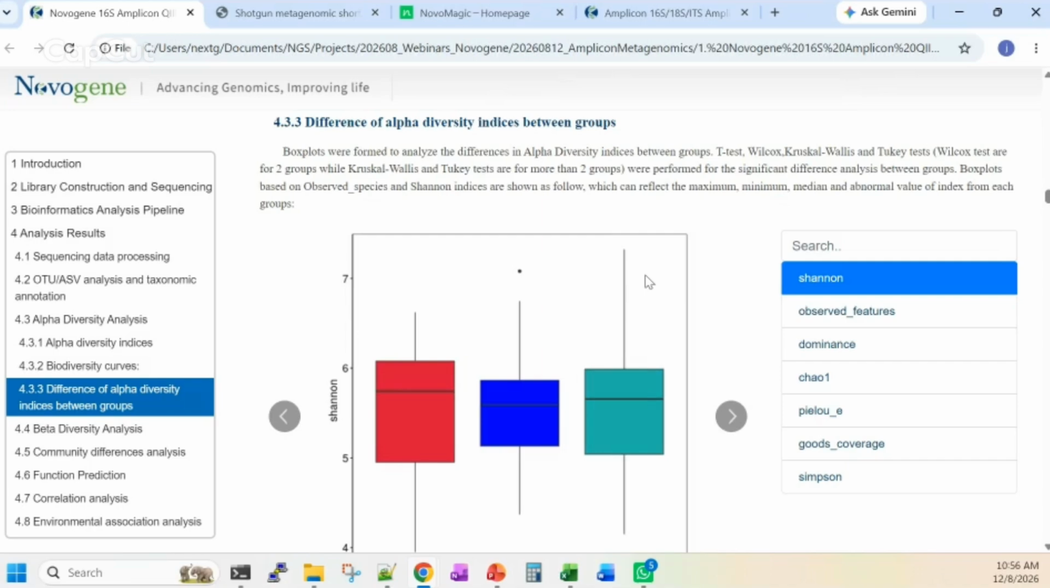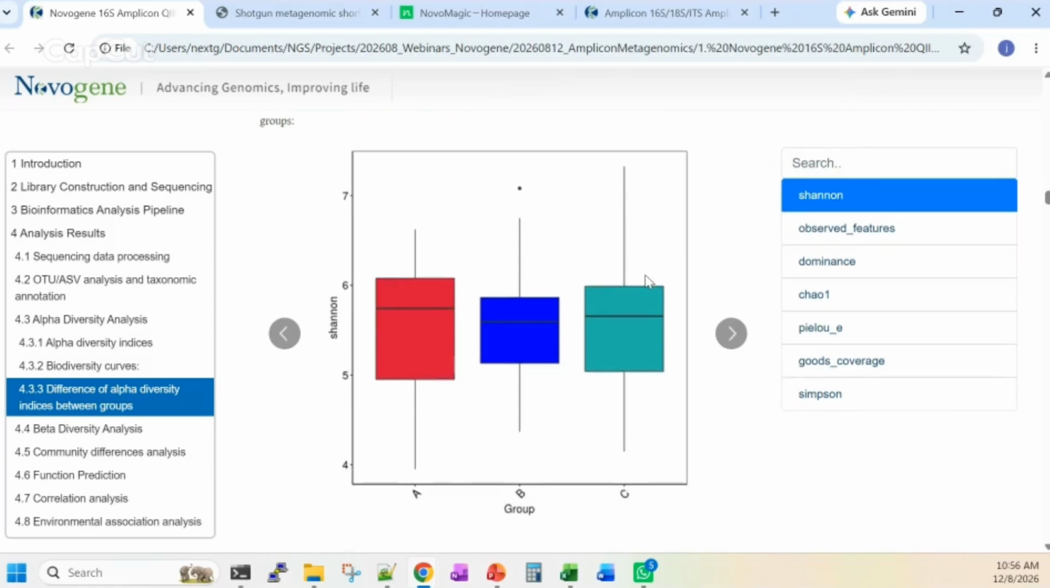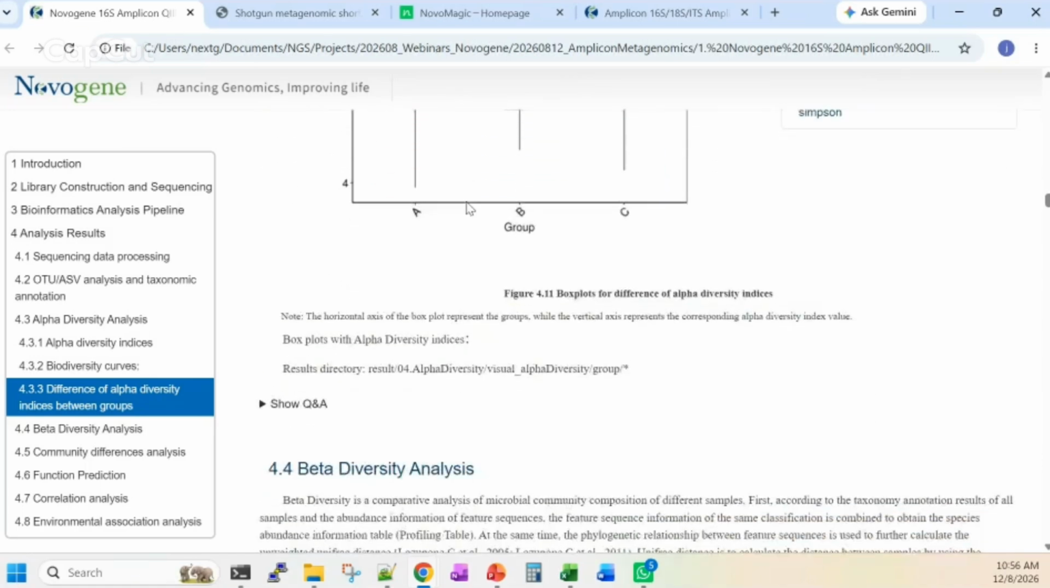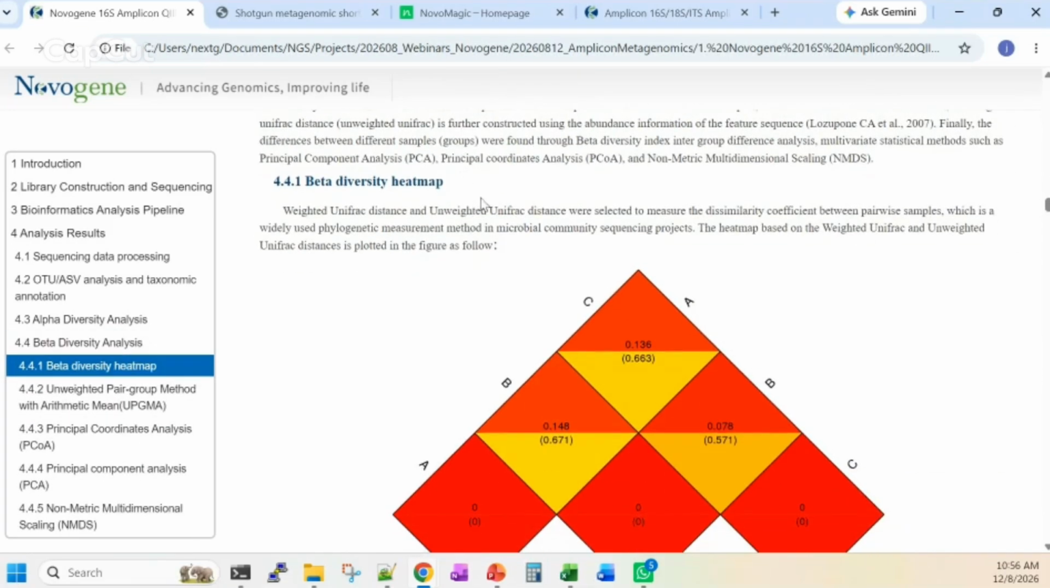So next, I think most of the projects involving multiple samples, we want to see the differences or the changes across the samples. So for example, this particular report is having 3 groups. Most of the time when we are having 3 groups, we want to see what are the differences among the 3 groups. So this alpha diversity differences, first is this, because when we are measuring the differences, we are